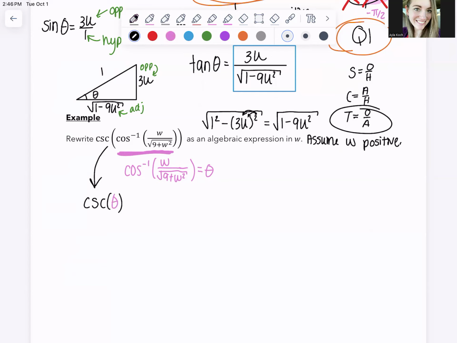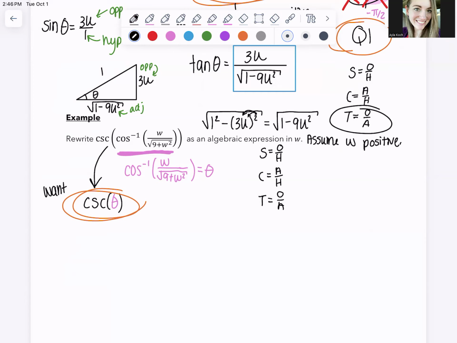So I'm just replacing it. That's what I want at the end of the day. What I want is cosecant of theta. I could even take time right now to set up SOH CAH TOA